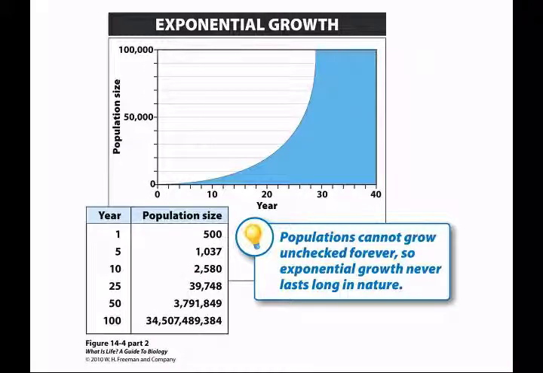So here's that hand movement that I did, the exponential growth. If we were to look at elk, and in year 1 there are 500 elk, if in year 5 we have 1,037 elk, we have doubled the population plus a little bit. Then if you look 10 years from now, that population has more than doubled again. 25 years, 50 years go by. Eventually, the doubling of the population is going to have to stop because nature cannot support it. So that's when you start to see things like